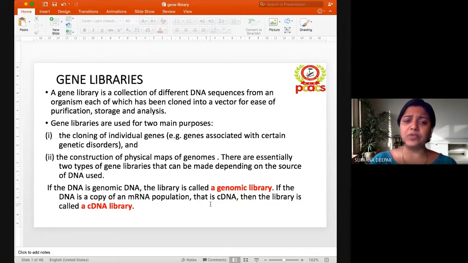So, what is the difference between a genomic library and a cDNA library? In the case of eukaryotes, your genomic library will contain both introns and exons, whereas your cDNA library is going to contain only exons, because mRNA will undergo splicing, so the introns are removed. What remains is only your exons, bound together. That's how the entire mRNA is formed, and that gets reverse transcribed to your cDNA.